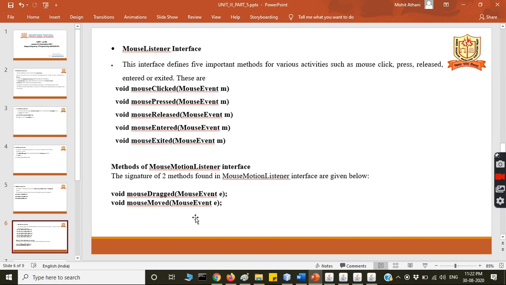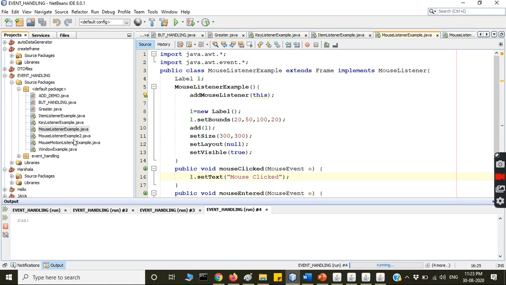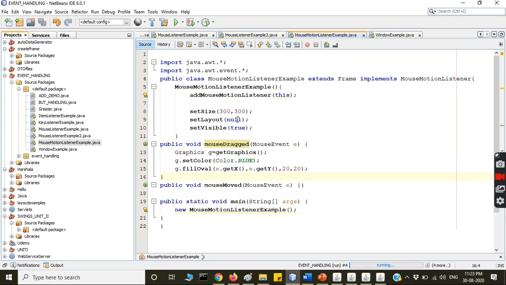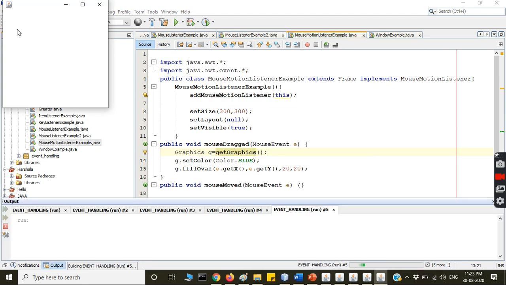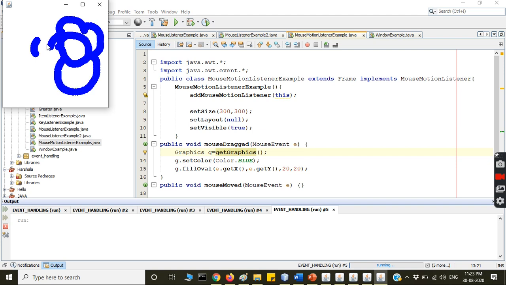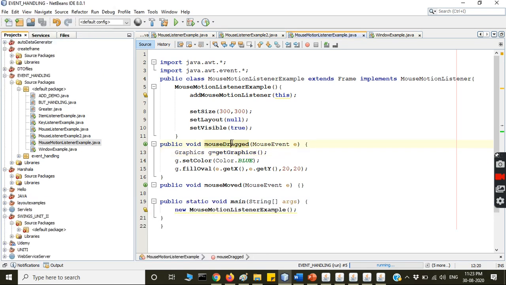So next, mouse dragged and mouse moved are also there. Mouse motion listener. So here I have given the example for mouse drag. कलर है ये, माउस सर, इसके लिए कोडिंग लिखा। सो दिस इज व्हाट द माउस ड्रैग, माउस ड्रैग यूज किया। माउस मूव मेरे को यूज